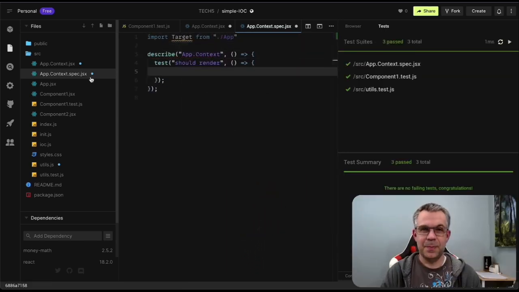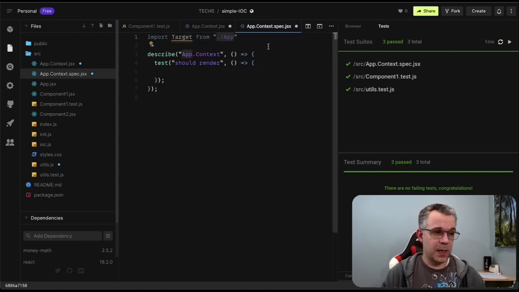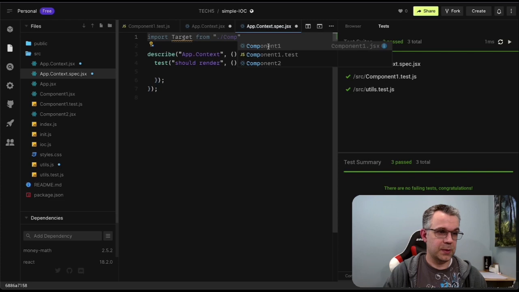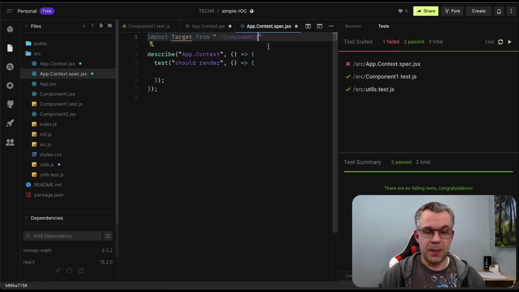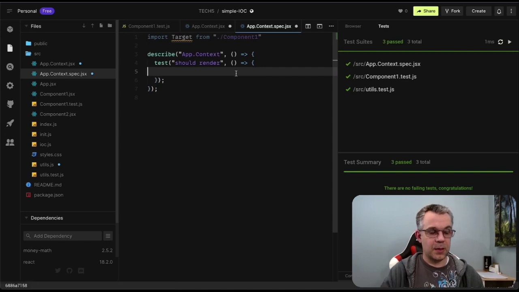I've got my basic boilerplate set up now, and here's how we can go about setting up a mock context for our child component. And I just realized I don't want to import app, I want to import my component number 1. It's going to be the child that I'm going to wrap inside of my mock context. So the way that I do that is,